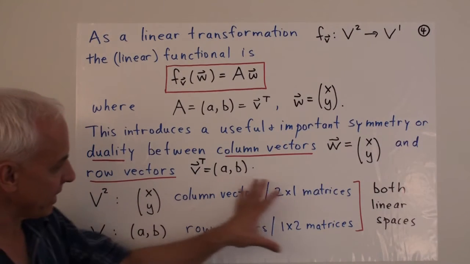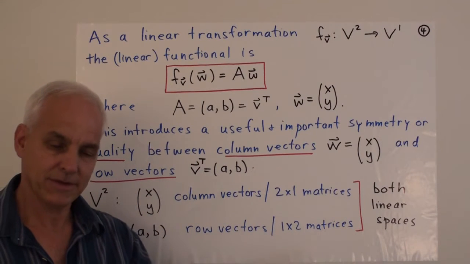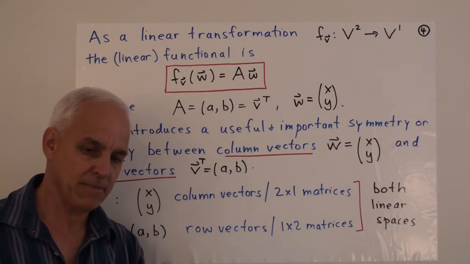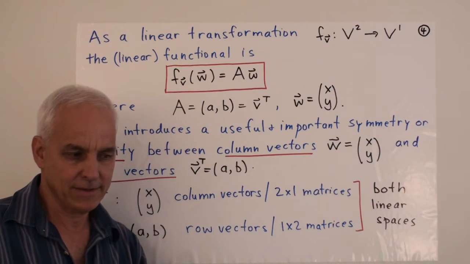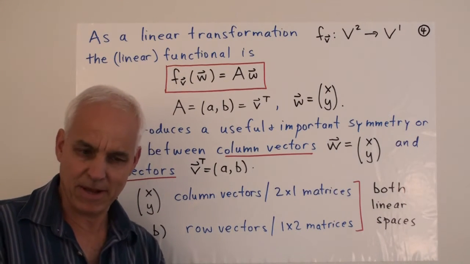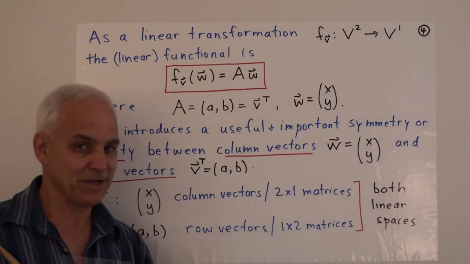I just want to introduce that idea to you at this stage. I'll talk about that further on. It's the idea that there might be some use in thinking about column vectors and row vectors as pretty close to being the same, but as separate kinds of objects that behave algebraically a little bit differently.